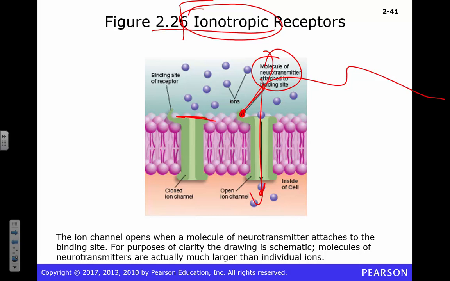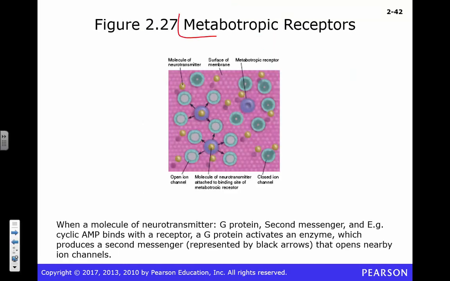Metabotropic. This is not a one-to-one. This involves G proteins. I know nobody loves G proteins, right? Second messengers, right? We've got a bunch of other stuff going on here. Here's the deal. You've got a receptor. When it gets activated, still the same story so far. Neurotransmitter binds to receptor. Okay, that's the story we've been telling you. It's actually going to activate the second messenger system that can go out and cause other ion channels, multiple ion channels, to open, but it opens them from the inside, right?